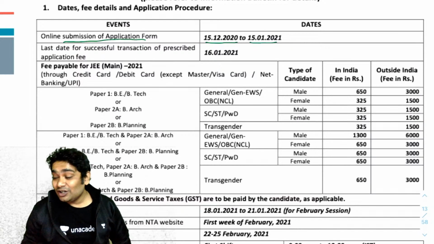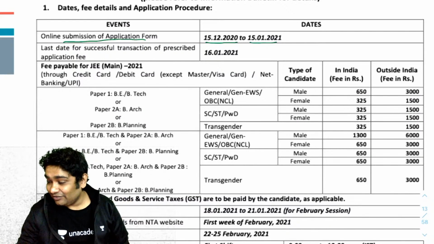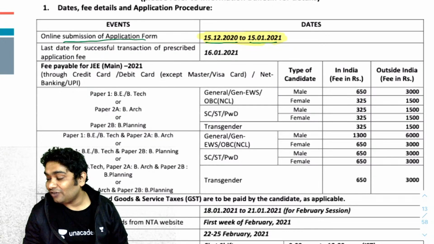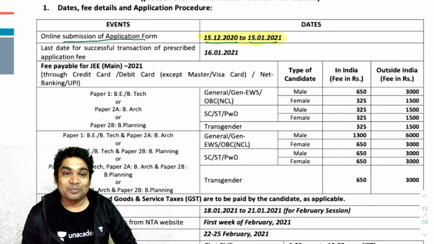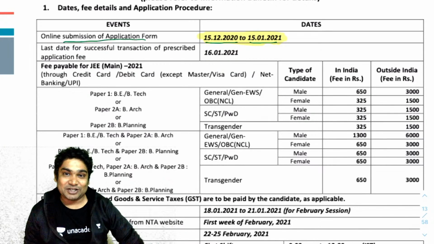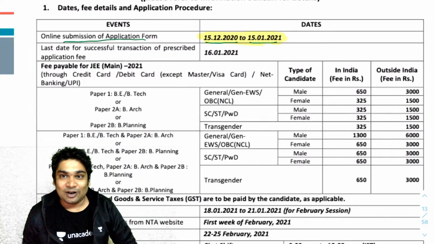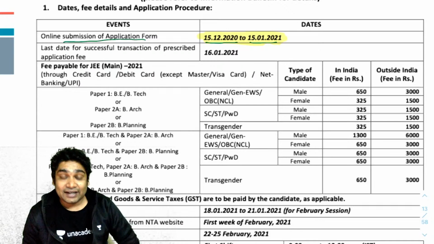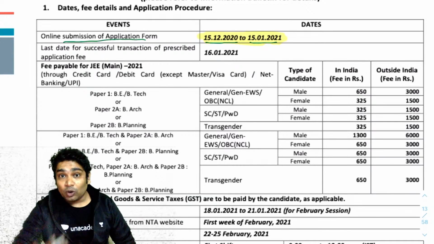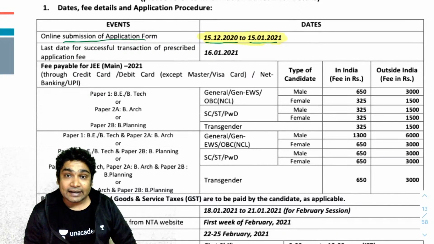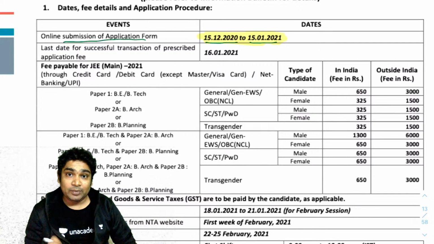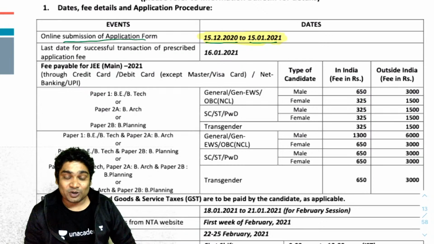All right. So please remember this, very important. Your dates of applications are from 15th of December till 1st of Jan 2021. So make sure you are filling out those application forms on time and not missing out on the February attempt. Since the NTA is giving you the opportunity to take up to 4 attempts, definitely take all the attempts. Why? Because only the best score will be chosen, right? So only the best score will be chosen.